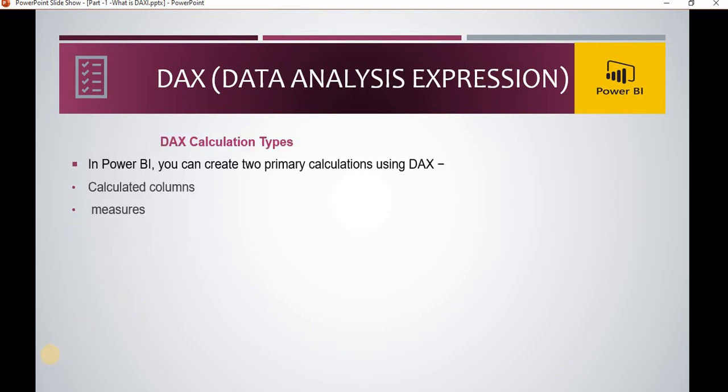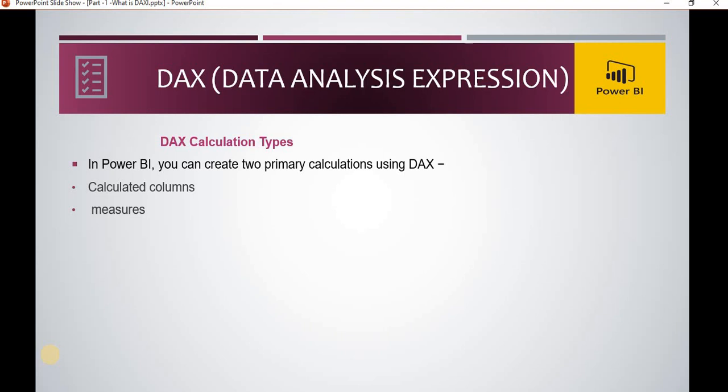Now let's understand how many types of calculation there are in DAX. Basically there are two primary calculations using DAX: the calculated column and the measure. In a bit we will understand the difference between the calculated column and the measure.